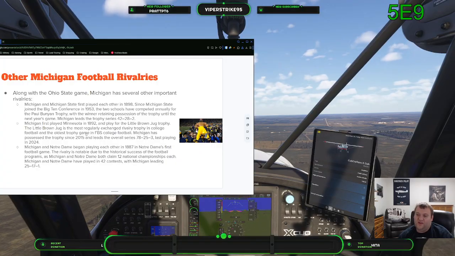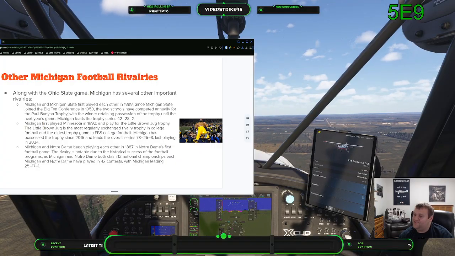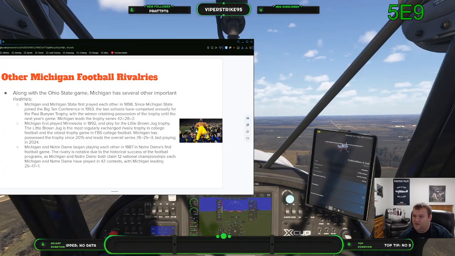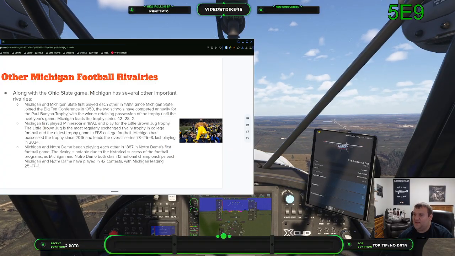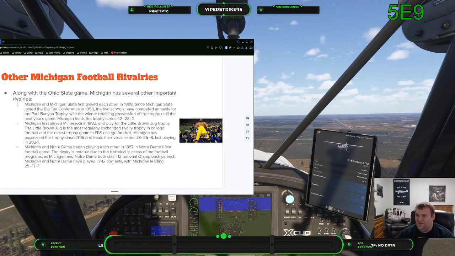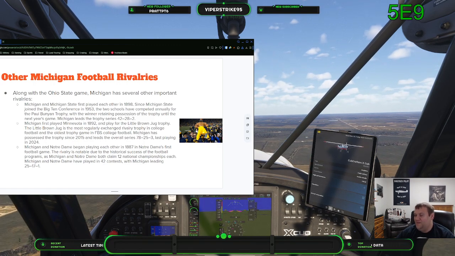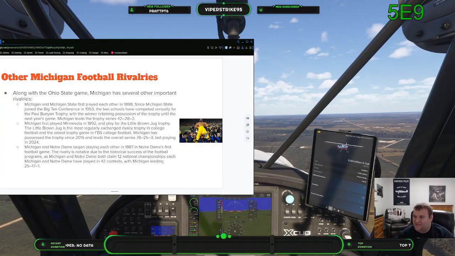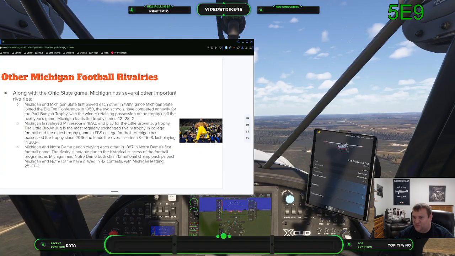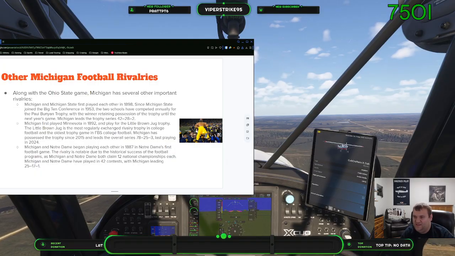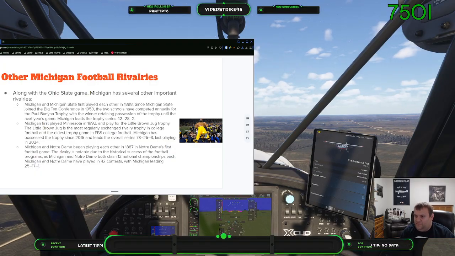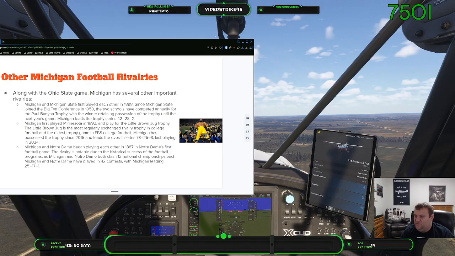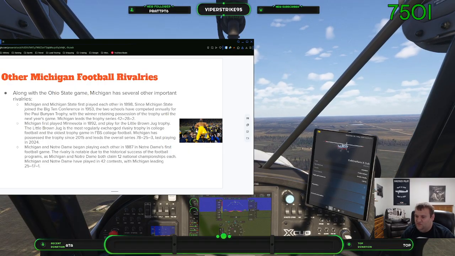But of course, one unique thing about this rivalry is its trophy. It's literally known as the Paul Bunyan Trophy, which we see here in the picture. This trophy dates back to 1953, and it's a 4-foot tall wooden statue of Paul Bunyan, as it reflects a lot of Michigan's history as a lumber producing state. Michigan still has won the series, but it's been much closer.